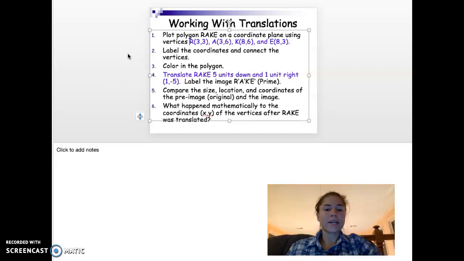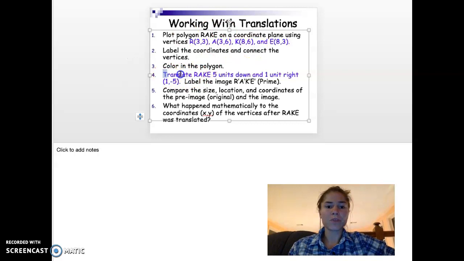Okay, and so right here it tells you in blue, translate the coordinates 5 units down and 1 unit to the right. So every single coordinate you'll do that. However, using the rule, which is right here,